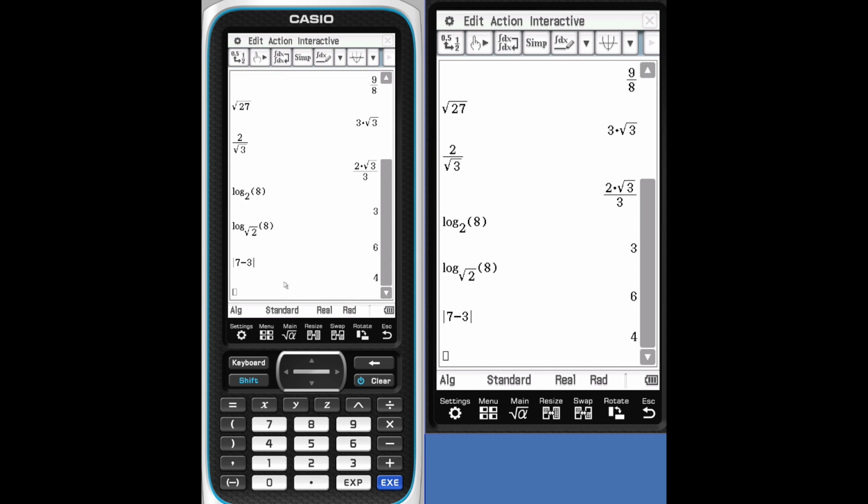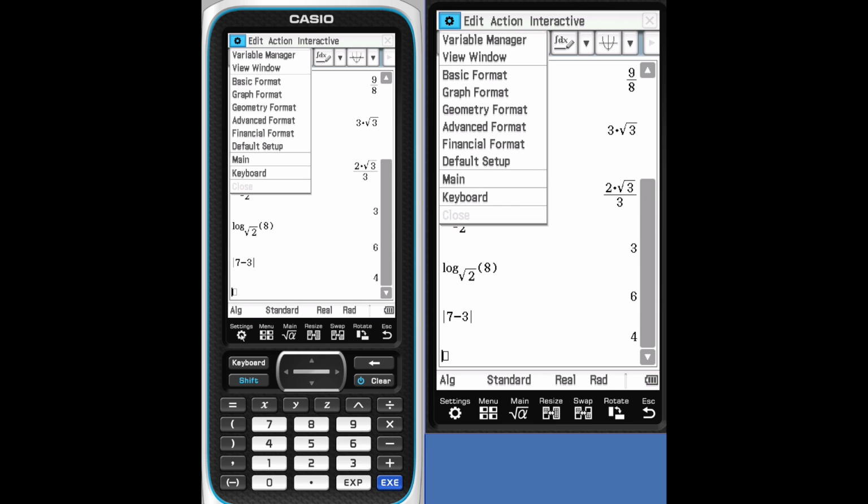Let's take a look at the settings. It's currently in algebra, standard, real, and radians. To look at your settings, you can tap the settings key that's printed on the screen. Here you'll see a variable manager, view window, basic format, graph format, geometry format, advanced format, financial format, default set, main, and keyboard.